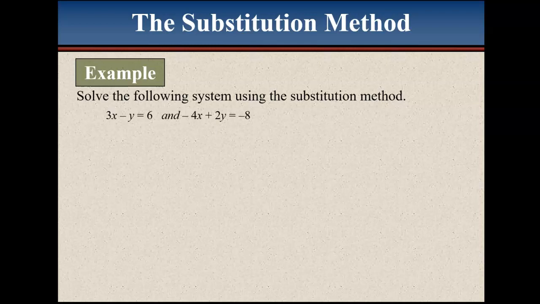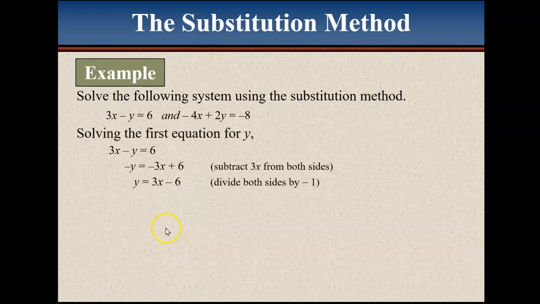3x minus y equals 6 and negative 4x plus 2y equals negative 8. Now, we're going to solve the first equation for y because y does not have a coefficient on it. It's the easiest one to solve for. This one has a coefficient you have to divide through. The first one we're guaranteed not to get any fractions in the solution. So solve the first equation for y,